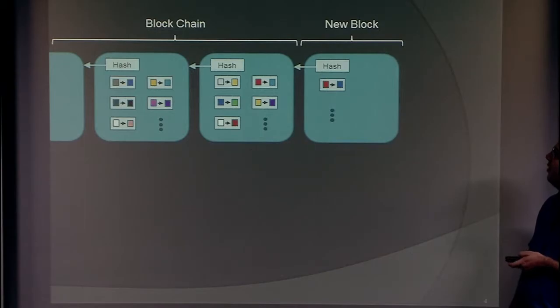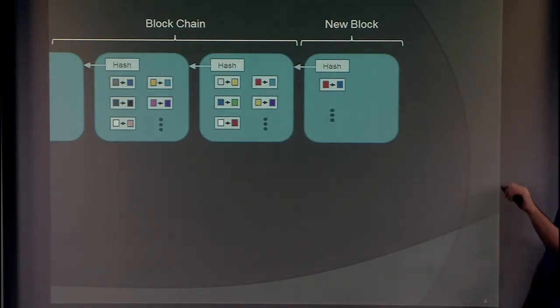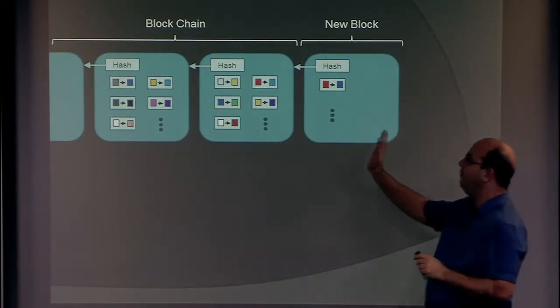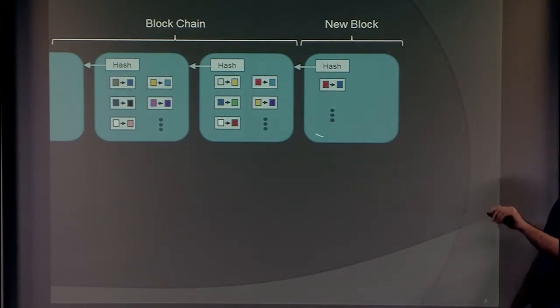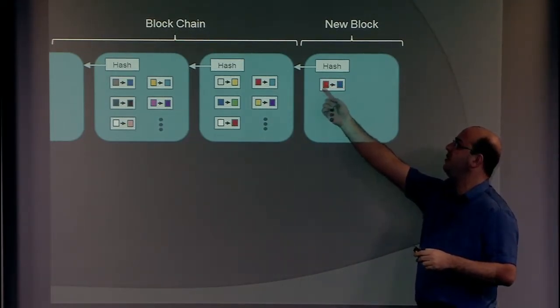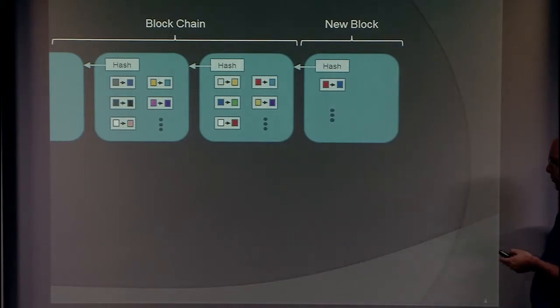Okay. So one thing that I maybe should say here, these things form a chain. There's an identifier here of the previous blocks in the chain. That's a cryptographic hash, but if you don't know what that is, then just think of it as an identifier of the previous block. So these arrows really go back in time. And they say, okay, this block is now extending this history of transactions, and I'm going to include a new transaction. Maybe red is giving money to blue.